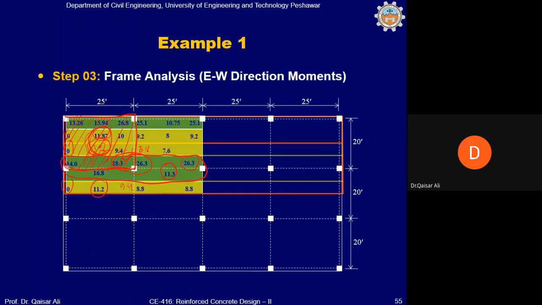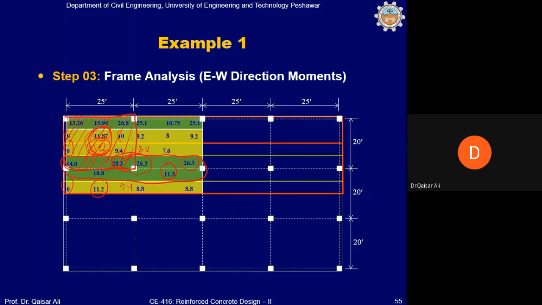So we will obviously select 11.87, and we will design for this positive bending moment in the mid-span. Similarly, out of these 10, 9.4 and 8.8 and 9.2, we will select 10. We will design the negative bending moment in the middle strip corresponding to the bending moment of 10 foot kip,